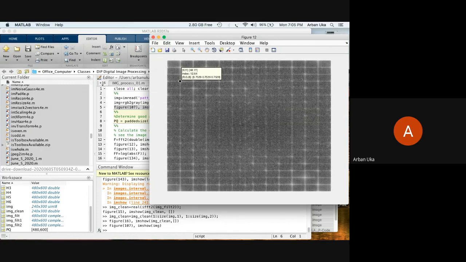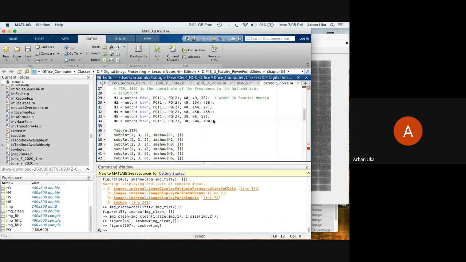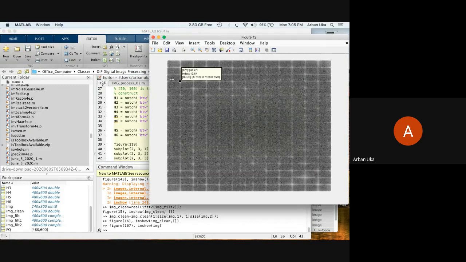This is 4877. And here the reciprocal of this one is going to be this spot,